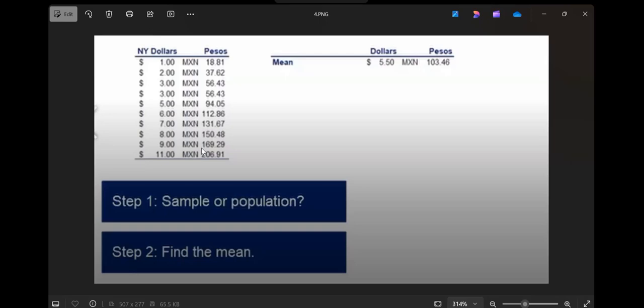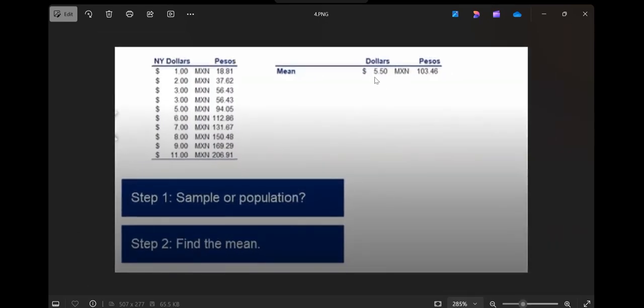Umakant, can you respond please? Capital N or N minus 1? N minus 1. Very good. Why, guys? Because it is a sample. Now the concept is clear? If it is a population, then I'll use capital N. Concept clear, guys? Okay, now let's have a look at it.